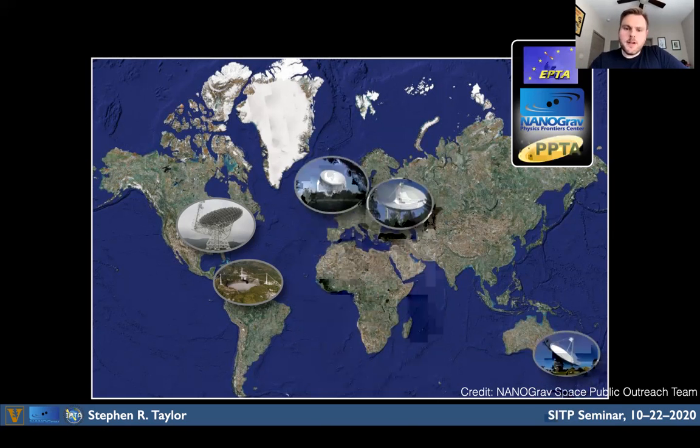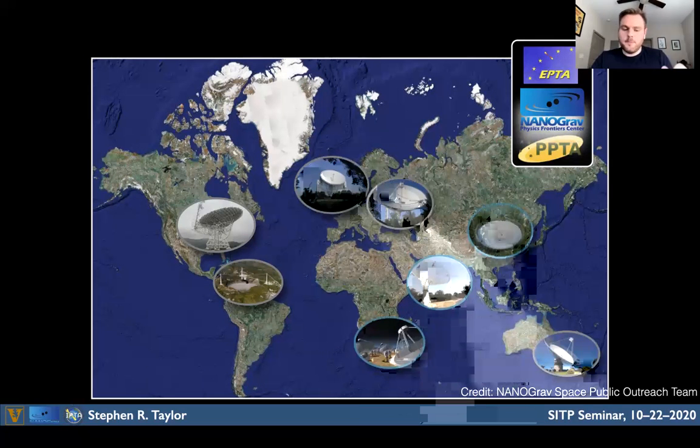But there are several other pulsar timing array collaborations. This is only a small collection of the telescopes that the European Pulsar Timing Array has access to. There's also the Parkes Pulsar Timing Array, which uses the Parkes Radio Telescope in Australia. And in addition to that, we have new collaborations and new colleagues that are joining us in South Africa, possibly using MeerKAT and in the future, the Square Kilometre Array. There's also the Indian Pulsar Timing Array that has just started operations,